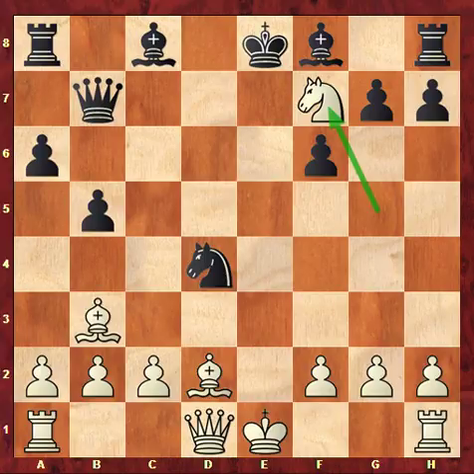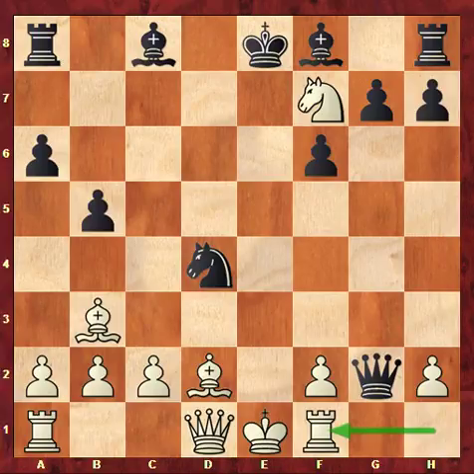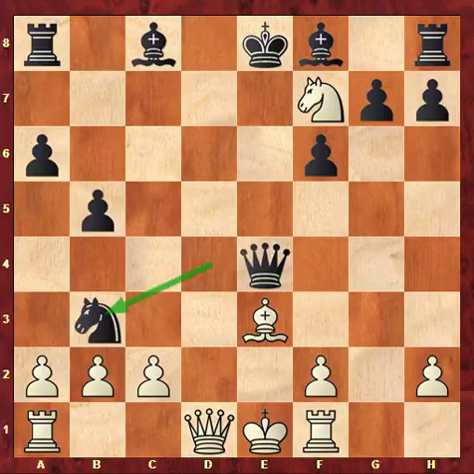Black took on g2. Rook is hanging, so rook f1 to save the rook. Queen e4 check. And it's amazing that now white's king is in unsurmountable trouble. Bishop e3 is the only move. Knight takes b3. Suddenly black plays this very strong